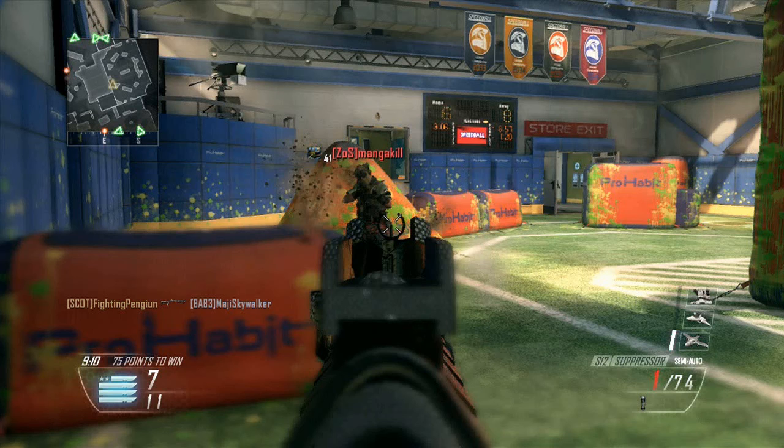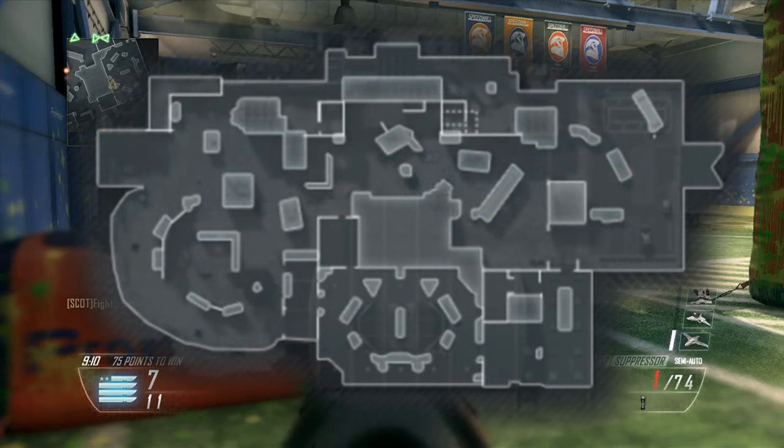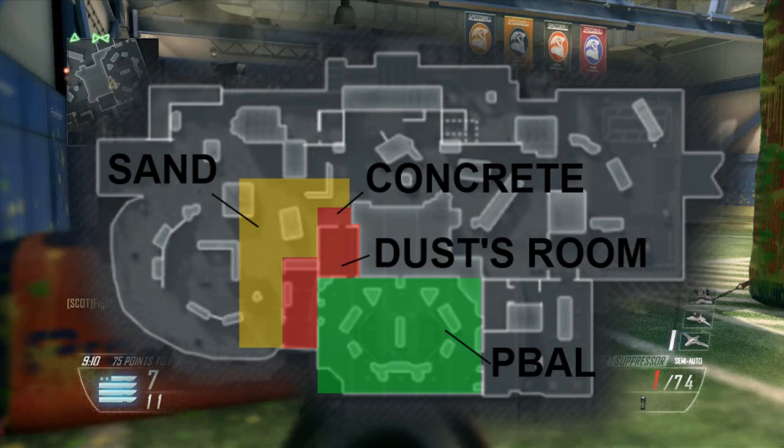Now, as we look at an overhead of this map, we're going to see that there are basically three areas adjoining this sort of little area that he's been patrolling. One of them is going to be the paintball area, one of them is going to be this room, and another one is going to be the sandy courtyard outside. Now, what I really like about this, and the reason why I think he's chosen this area to patrol, is